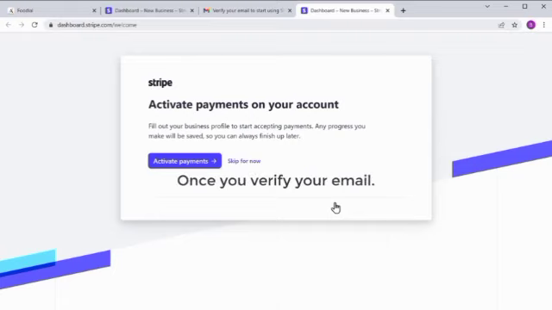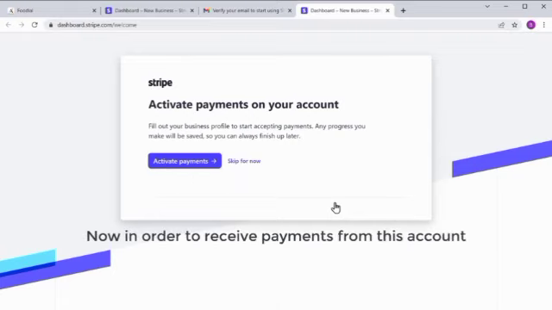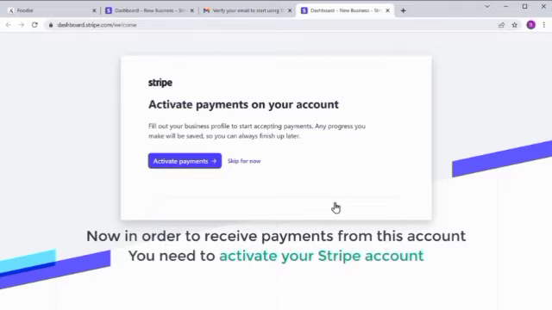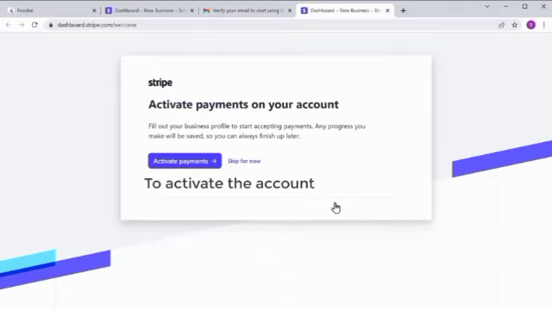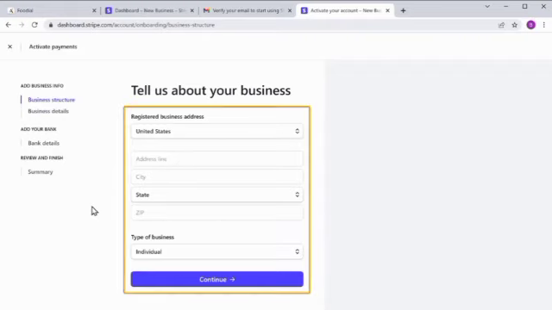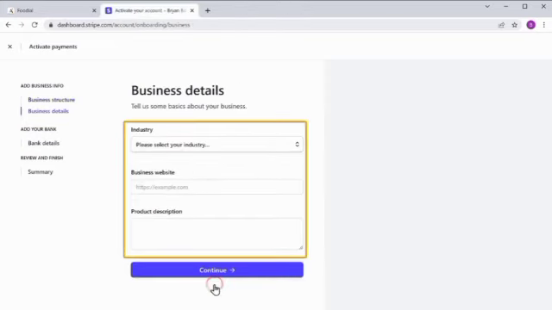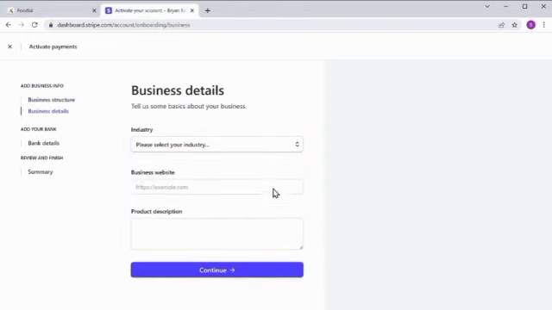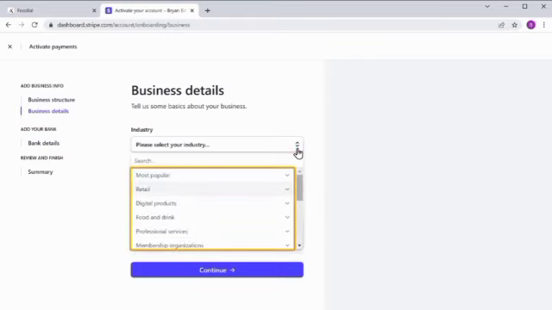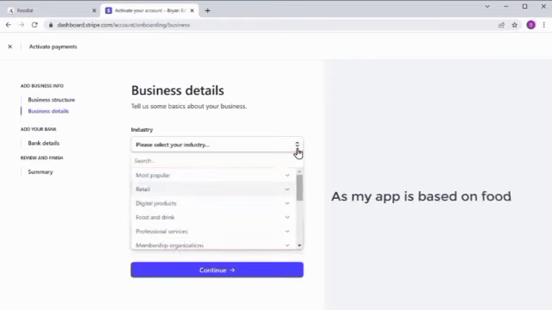Once you verify your email, now in order to receive payments from this account, you need to activate your Stripe account. So to activate the account, let's click Activate. Here enter your details and click Continue. Then enter your business details. So just click here and select your industry type. As my app is based on food,